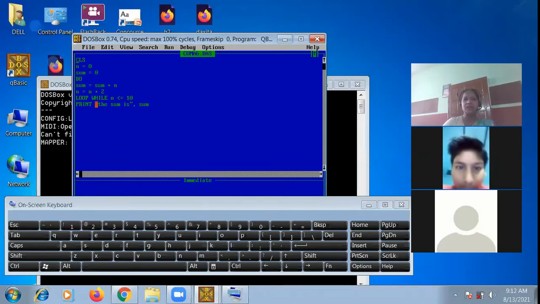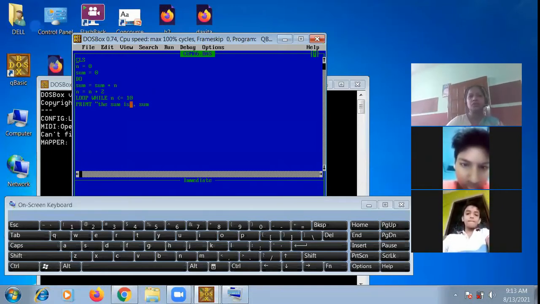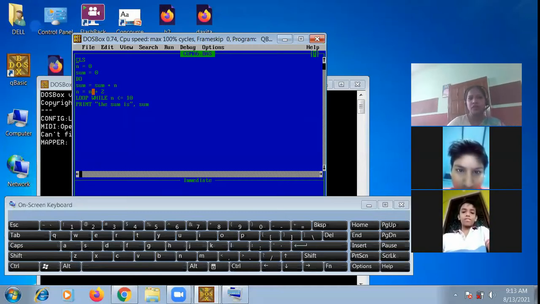Each and every time the result will be the sum, means n value will increase by 2 until it reaches 10, and it will add in sum. Let's do the solution of this program by explaining.